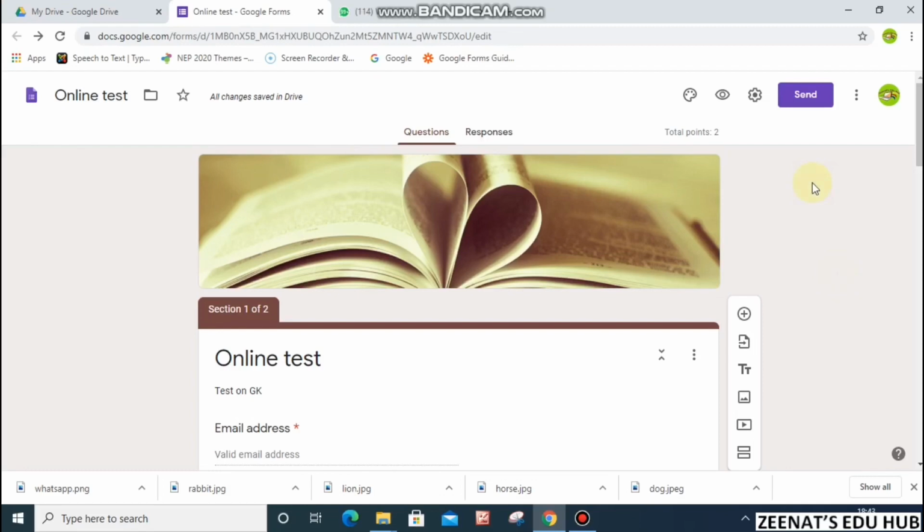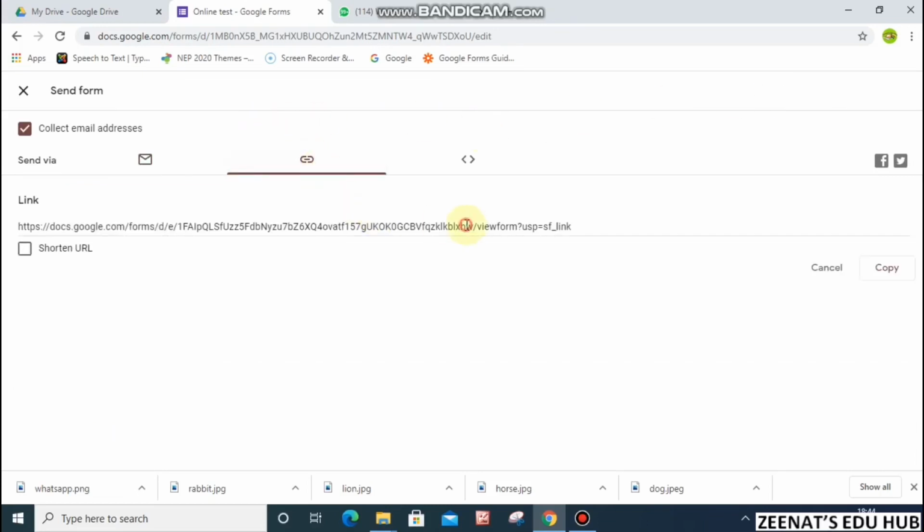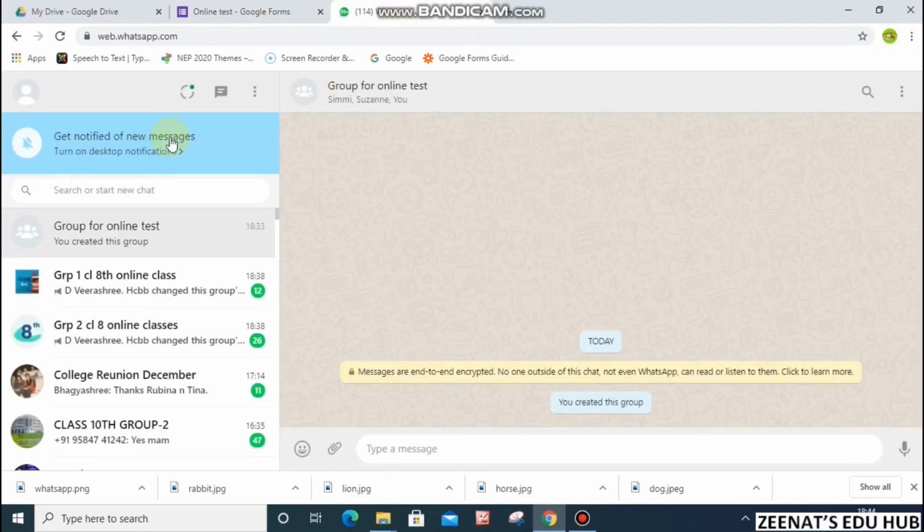Now our form is ready to share as we have done the rest of the settings. So let's share it by clicking on the send option. Click on send via link. For this, we'll copy the link and paste it in our WhatsApp group. Here I have created a group. So we'll paste this link in this group and send it to the participants.